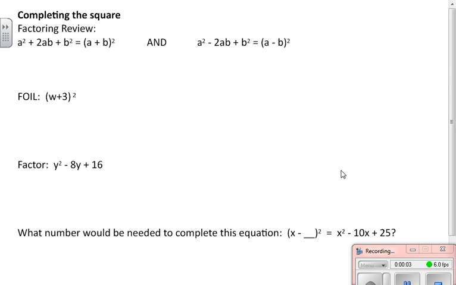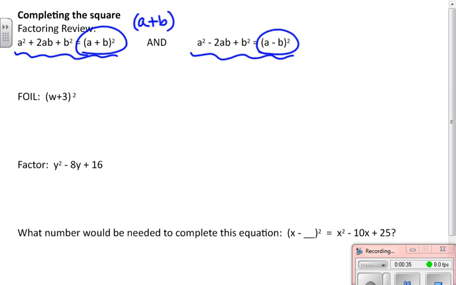Okay, the Section 4 lesson is going to continue with some algebra concepts that are related to a circle. And so we need to review some of our factoring and special factor pairs. If you remember back to Algebra 1, we had two special factor pairs that were the quantity squared, either plus or minus. And those always, if you expanded a plus b times a plus b and you FOILed it